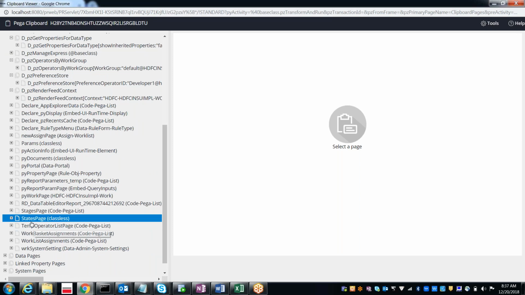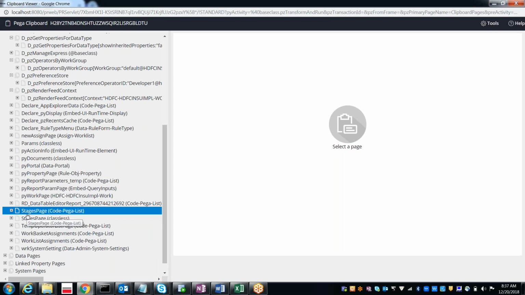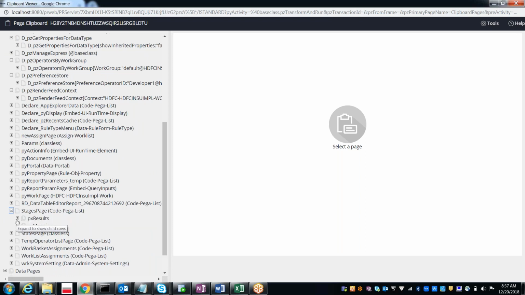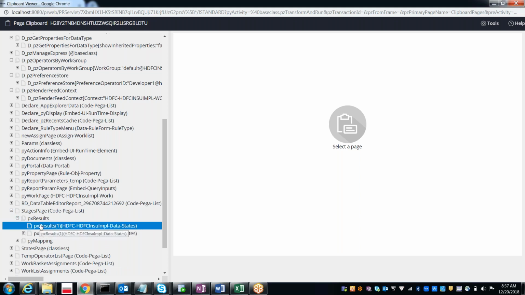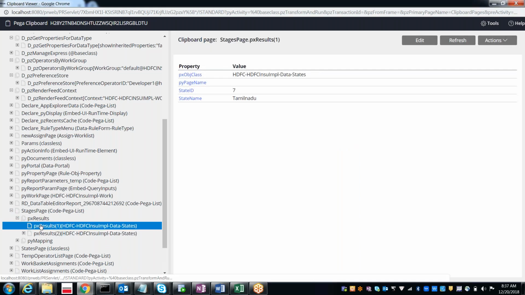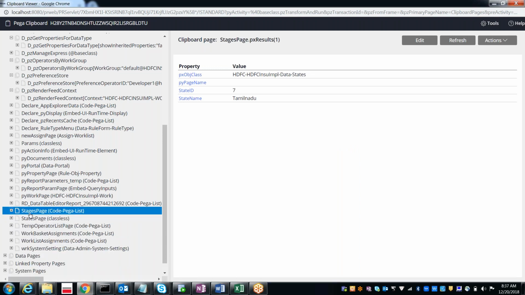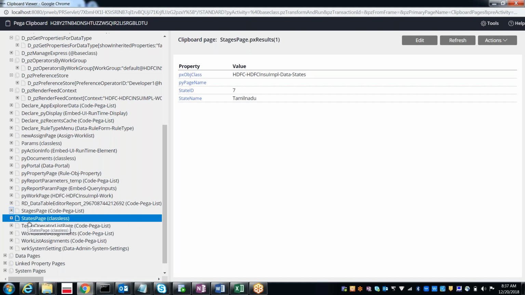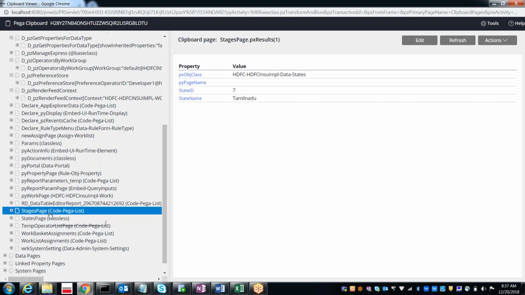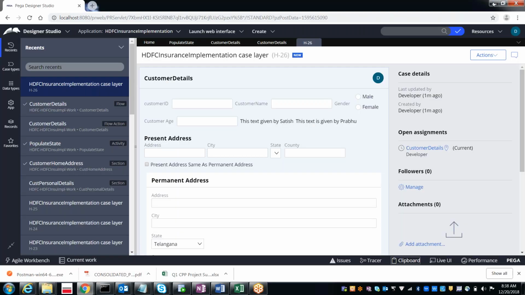There are two pages, states page and stages page. I think if it says stages, something is wrong there. Yeah, it's there in the stages page. So maybe this is the problem. Somewhere we referred to stages instead of states. Where exactly? It's populating into the stages page, so where we did the population is in the activity, right?